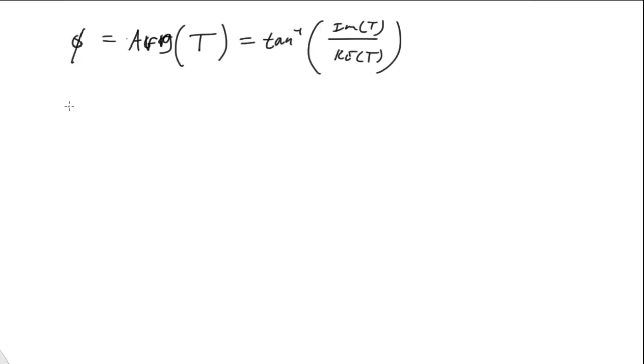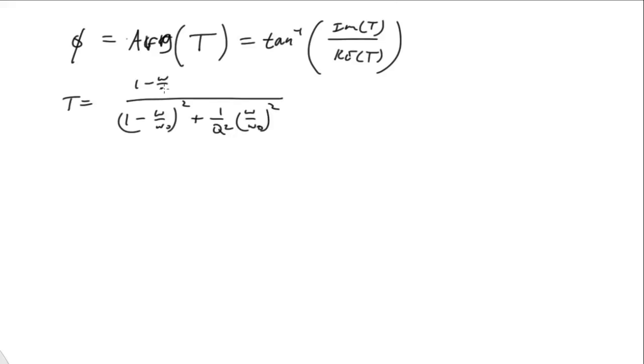Okay, so remember t again was 1 minus omega over omega naught squared plus 1 over q squared omega over omega naught quantity squared, all over 1 minus omega over omega naught quantity squared, minus i 1 over q